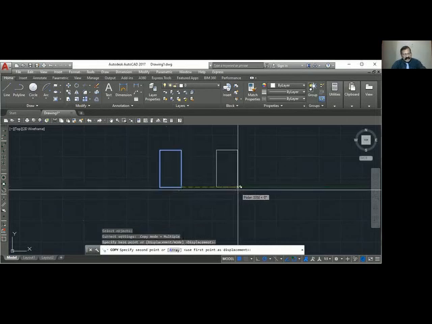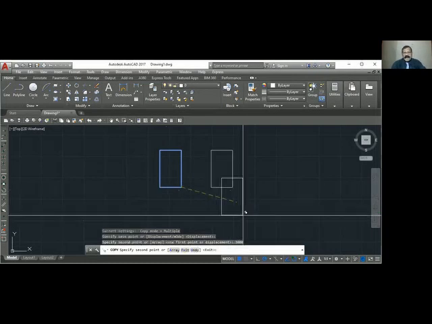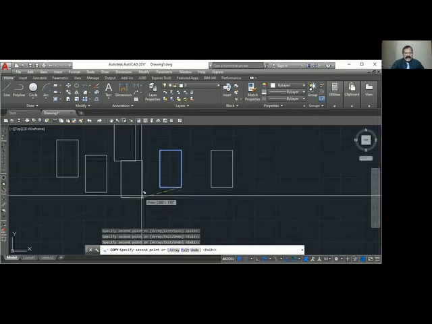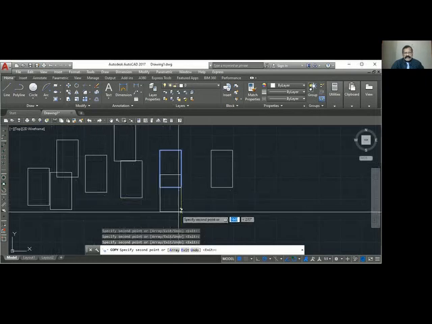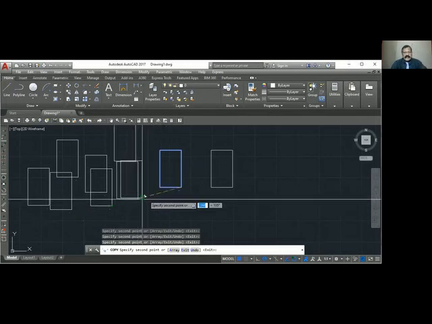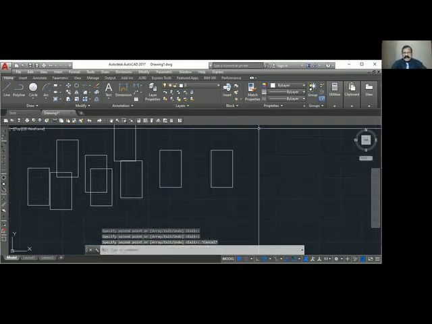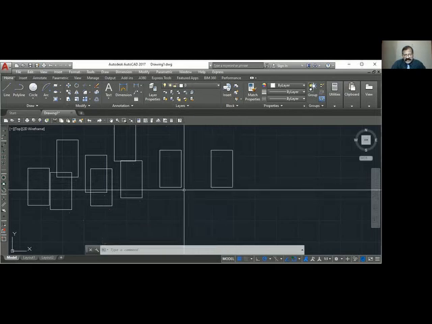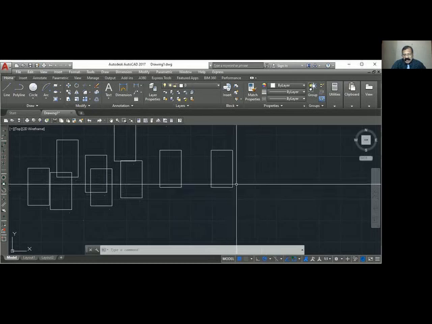I will say 3 meter. So you copied 3 meter. You can make multiple copies. You can copy anywhere you want without measurement also, any number of times. So when I copied this one, the distance is from here. This I copied and put it here. So the distance from this corner to this corner is 3000.